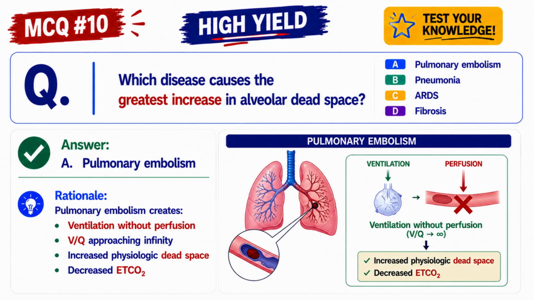V/Q ratio approaching infinity. The consequences are measurable and clinically characteristic. EtCO2 falls because less CO2 is being delivered to ventilated alveoli. The exhaled CO2 concentration decreases. The gradient between arterial CO2, PaCO2, and end-tidal CO2, EtCO2, widens. Normally, this gradient is approximately 2 to 5 millimeters of mercury. In significant pulmonary embolism, this gradient widens substantially, sometimes dramatically, because a large amount of dead space is diluting the